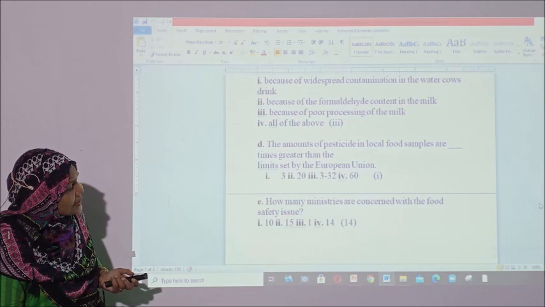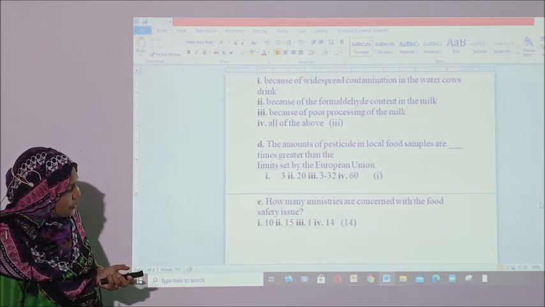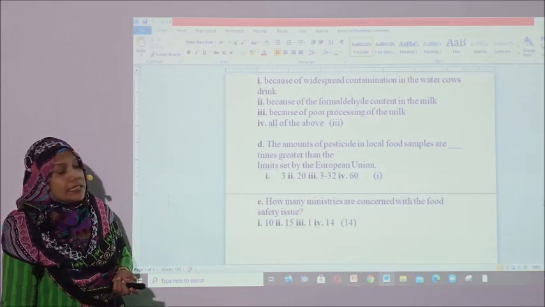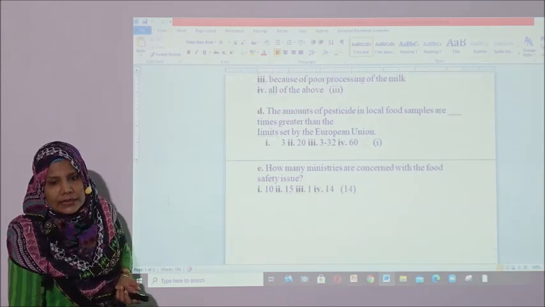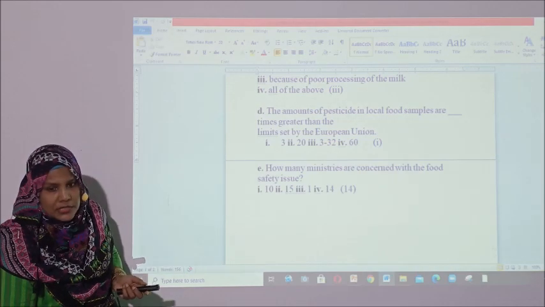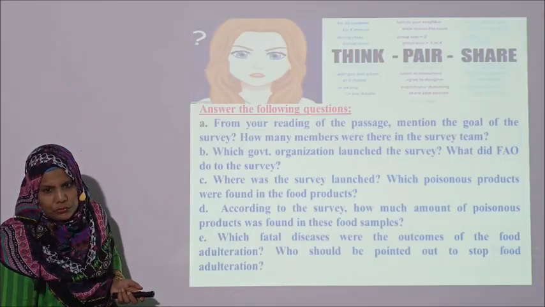How many ministries are concerned with the food safety issues? 10, 15, 1 or 14. We know that 14 ministries are concerned with food safety measures. Then we will go through the